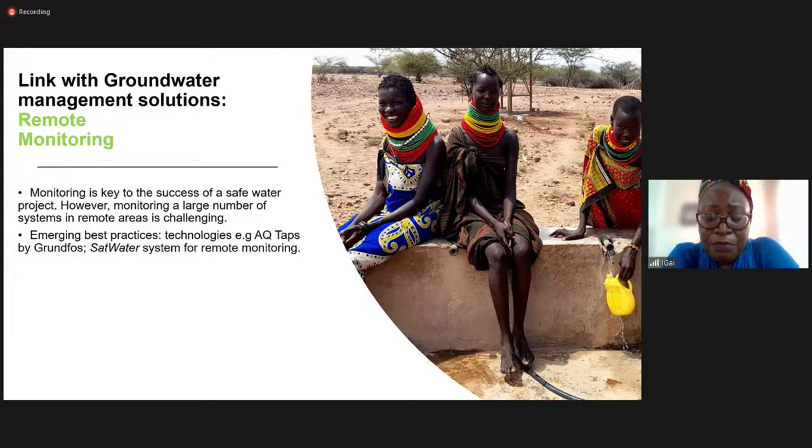So in all this, some of the best practices we've seen in the field and which we are also incorporating in our work include remote monitoring. There are sensors that most agencies are currently embracing, but then we are saying that this should not just be something that is currently being piloted, but it should be some of the innovations that can already be scaled up, because then we have realized that this is a key component in ensuring the success of